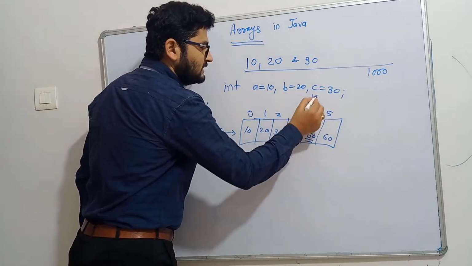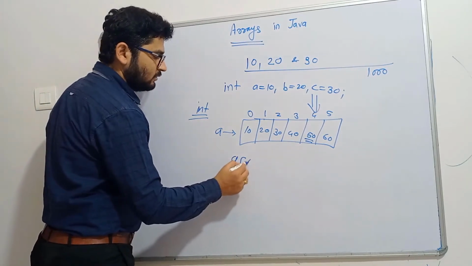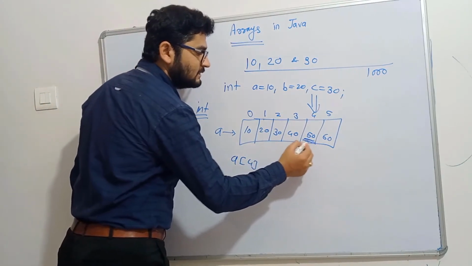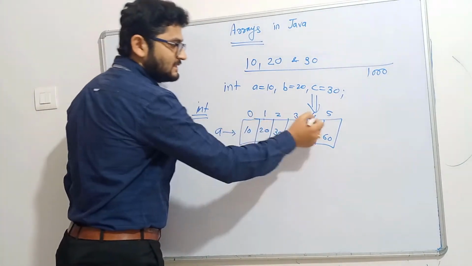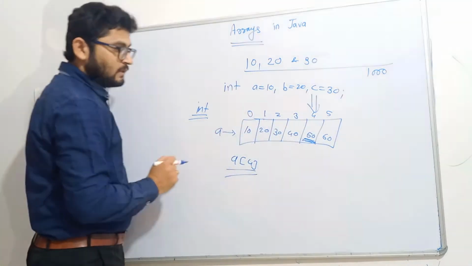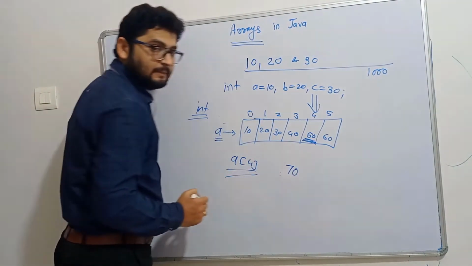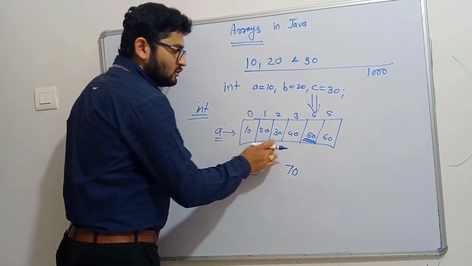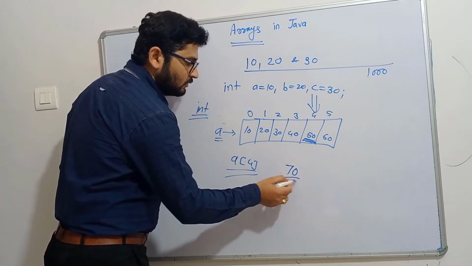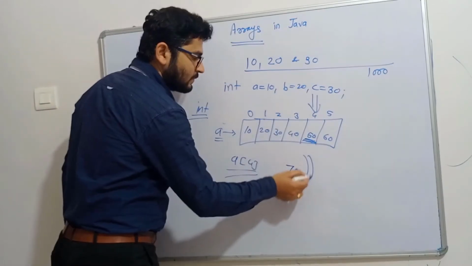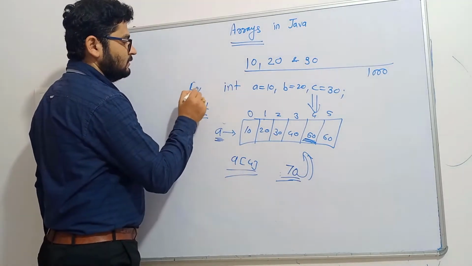If you want to use this location, then you have to use the index of this location. So for accessing this value or location, you have to use A of 4. So with the help of indexes, you can access this location. Now let us suppose I want to store this 70 in this array. But all blocks of the array are currently filled, and that's why I cannot store this number in this array. So the size of the array is fixed.